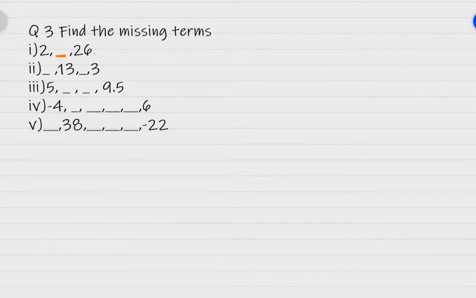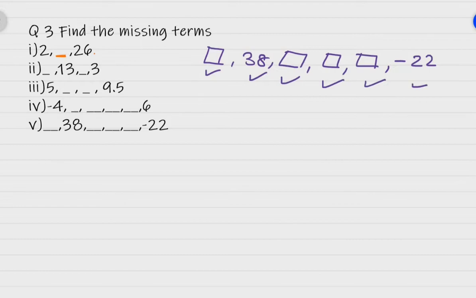Now let's see our fifth question. Come on children. Now the fifth question is: box. You don't know the first term itself. So box, then 38. Then you don't know 3 terms continuously. And then the next term is minus 22. Now see, here first, second, third, fourth, fifth, sixth. This is the sixth term, and 38 is your second term. So second term is A plus D. A plus D is equal to 38. This is equation number 1 you are getting.